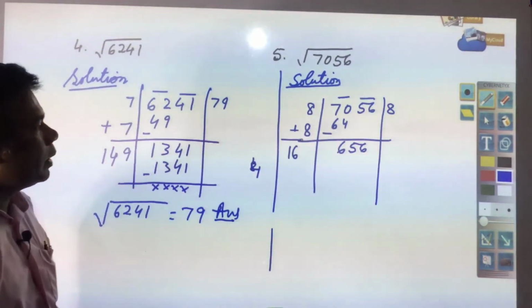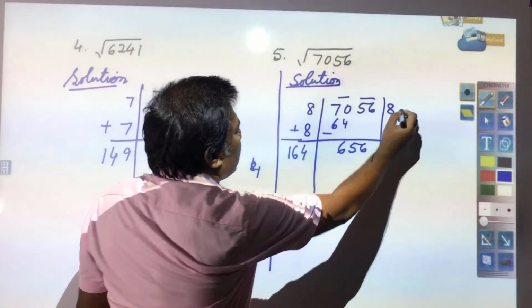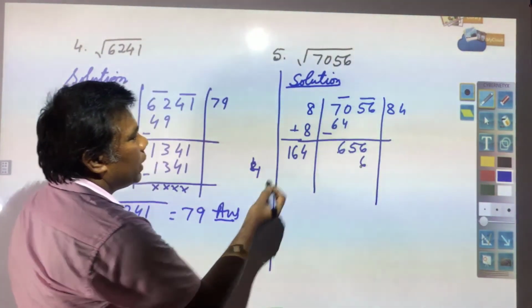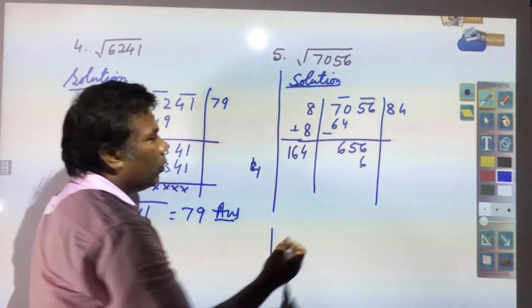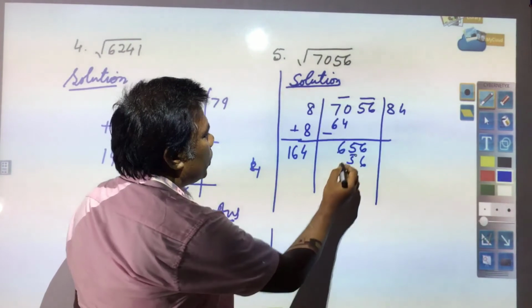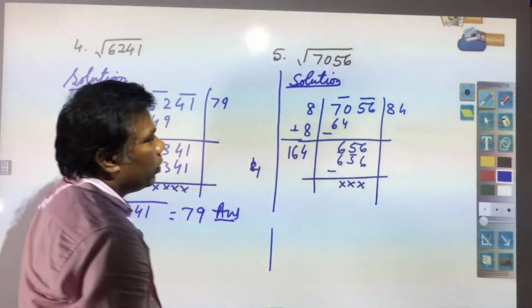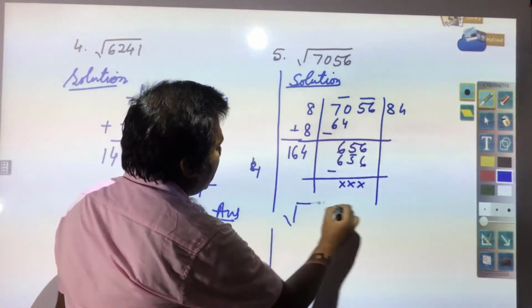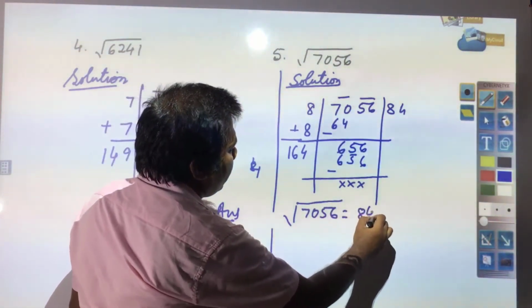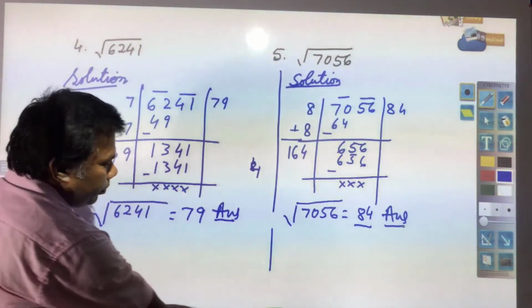Now, you see how many times it will go. So, you try 4 times, 4 4s are 16, 1 you have, 4 6s are 24 and 1 is 25, 4 1s are 4 and 2 is 6. So, you got 0 remainder over here. So, your answer is square root of 7056 is equal to 84, and this is your answer. Next you see